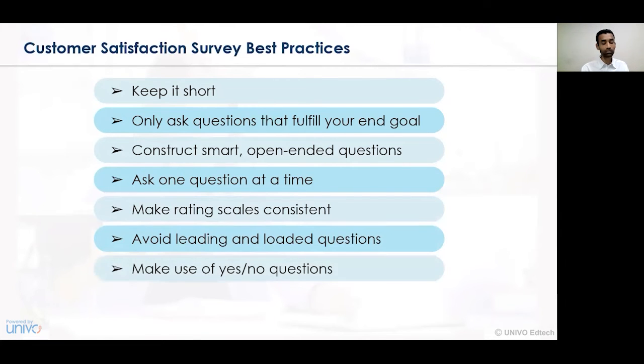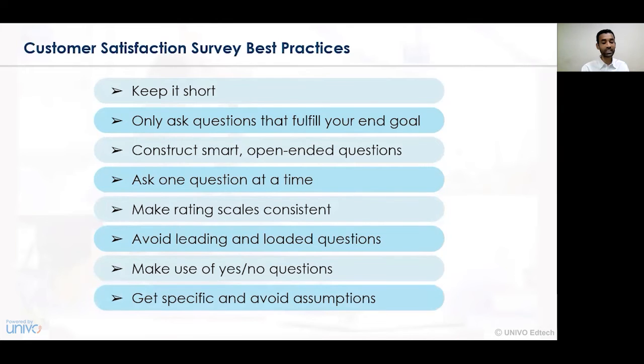Avoid the use of yes-no questions. Yes-no questions should be avoided and not used in our survey. Get specific and avoid assumptions. Accordingly, we must avoid assumption-based questions also. Now let us deal with the various sample customer